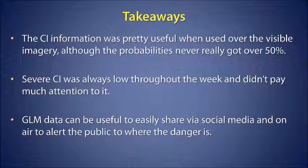So some takeaways here. The CI info, pretty useful. When used over visible imagery, probabilities again stayed below 50% for most of our scenarios in our case. Severe CI always low throughout the week, so I really didn't pay a lot of attention to that product. But I think it would be a good decision-making tool when I'm sitting there